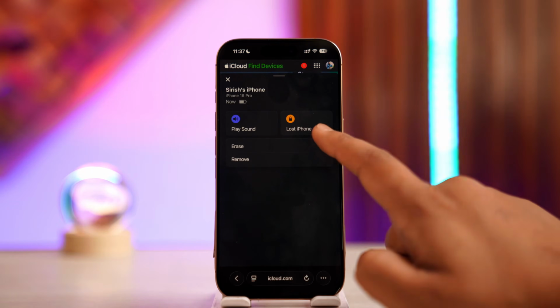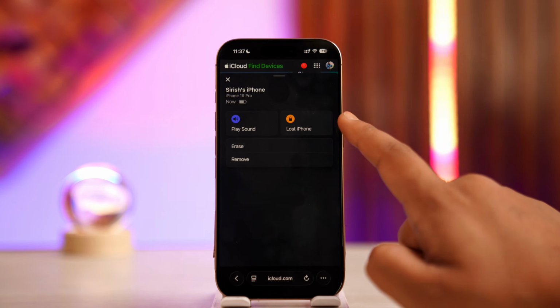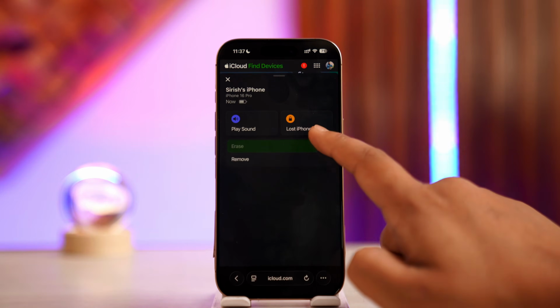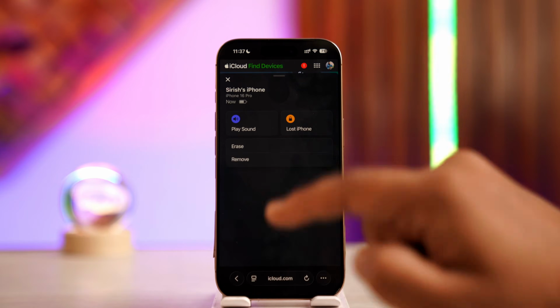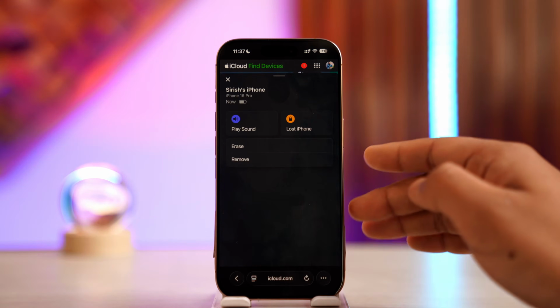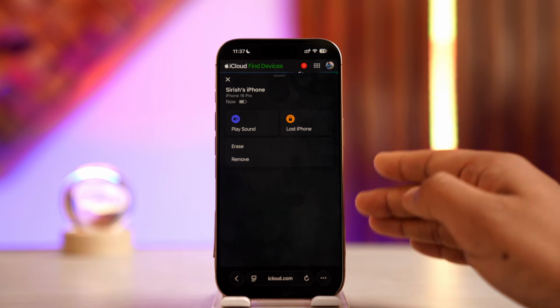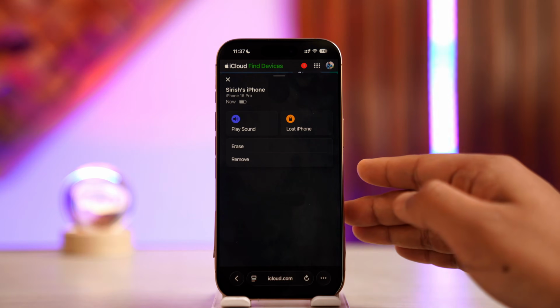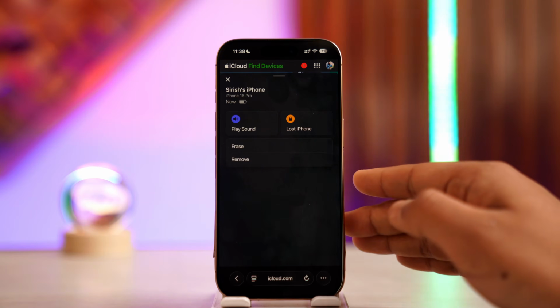You can just tap on this option called lost iPhone to report it as lost, or tap the erase button to erase all the data from here completely. That will remove the option to wipe your personal data. After the erase is complete, you can select remove from account to disable activation lock and remove the phone from